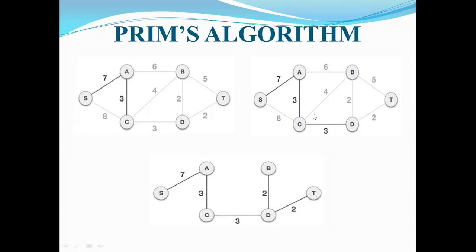If you select D to B, now B is also included into the spanning tree. Then only one vertex is out of the spanning tree, that is T. Then there are 2 possible edges. One edge is from B to T, another edge is from D to T. B to T edge cost is 5 units. D to T edge cost is 2 units. Okay. Then include D to T. Then every time verify how many vertices are included. If the number of vertices is equal to the number of vertices in the graph, then simply stop the procedure. Then whatever construction remains now is treated as the minimum cost spanning tree.